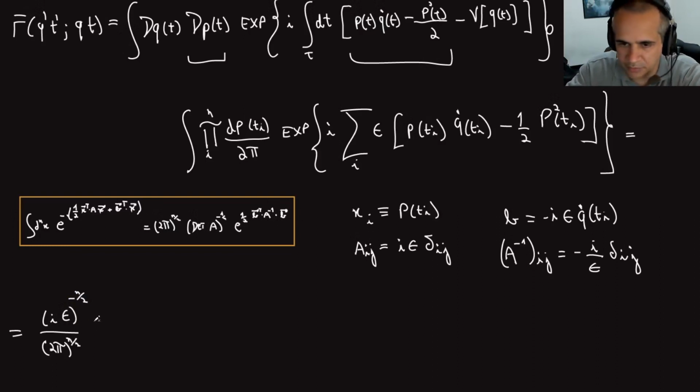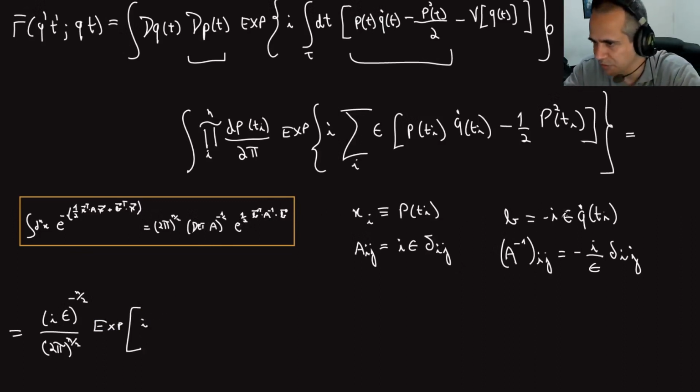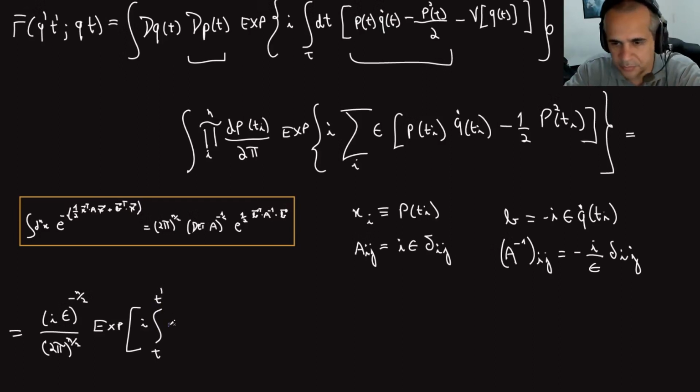And then I have this exponential, which is just the exponential of i. Then I have to put these b's here. You see I have a cancellation of some powers of epsilon. So I have 2 powers of epsilon in the numerator, 1 in the denominator. I have just 1 in the end. I have a sum. These scalar products will become integrals when I take the continuum limit. So I go back to the integral from t to t prime dt q dot of t square over 2, right? This q dot square is coming from the 2 b's here, and I just use these to sum them up. The rest is just numerical factors which are easy to figure out. So this is the result of the